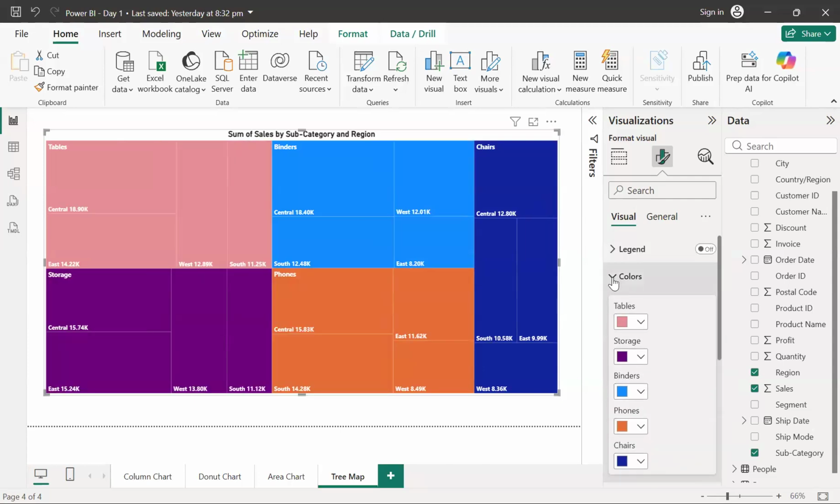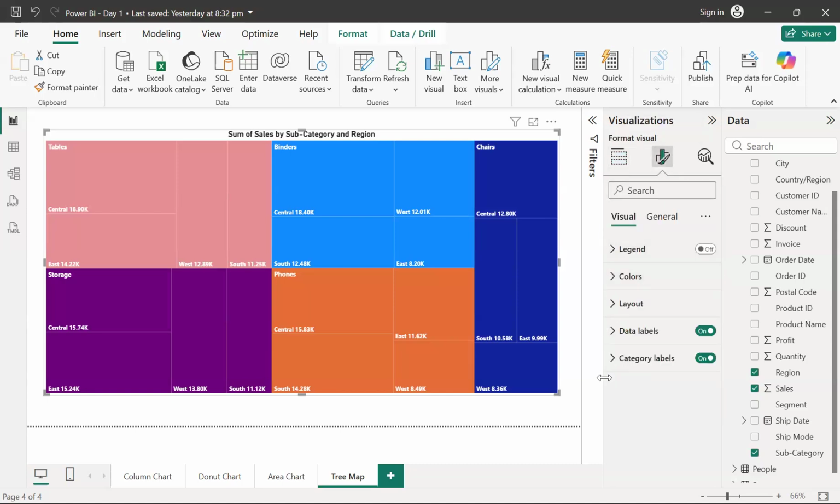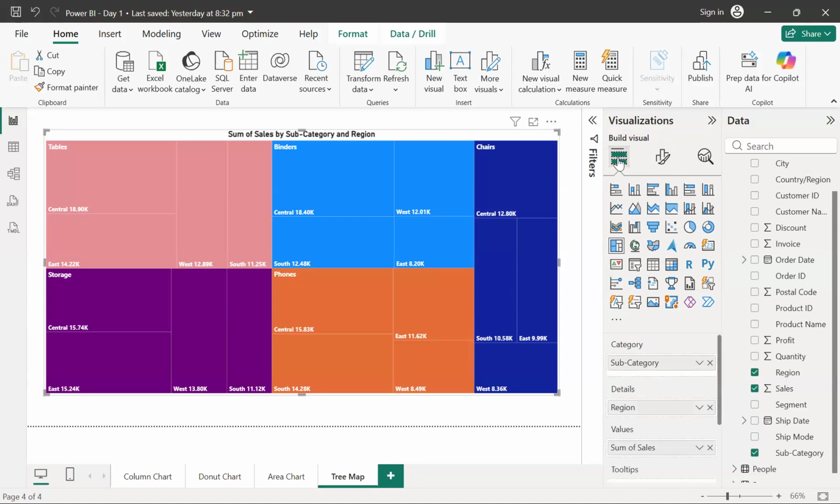Whatever options there are, in Power BI or any other tool, all the options related to formatting will always be available in one single place. It's not only about Power BI; even in another business intelligence tool called Tableau, there's a single area where all the formatting options are available. In this area, you'll get all the formatting options. You can explore as much as you want, because it depends on how much we practice. These are things we cannot simply remember.